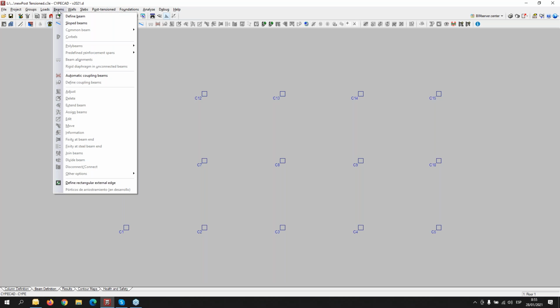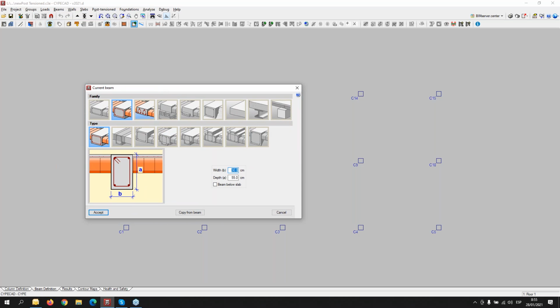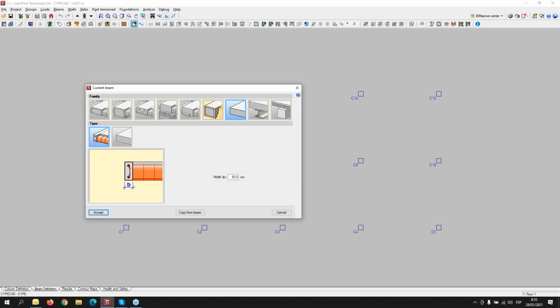So for the first floor, we will use the flat slab, and to define the perimeter, we will use from the family of different beams the limit non-structural or limit beam, in this case the width